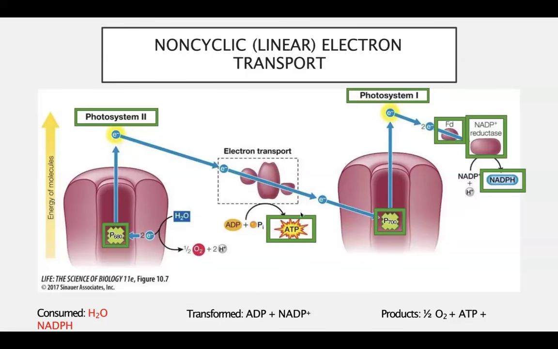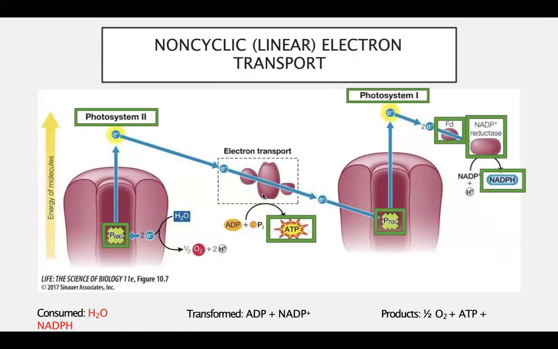Photosystem 1 chlorophyll accepts the electron, then the electron gets excited again. Then these electrons go through what's known as ferredoxin, then NADP plus reductase, which combines NADP plus and hydrogen ions to form NADPH, which will be an electron carrier. So the main things you're trying to form in your light dependent reactions are ATP as well as your electron carriers. And then oxygen is a product as well.